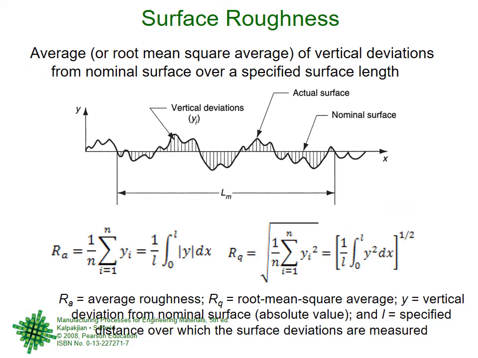And then there is an instrument, when we go later on to that part of the chapter where we are seeing how inspection is done. Then there is a device called a surface measurement device. You move it along the surface and it keeps on taking the readings. And of course, the surface is a two-dimensional thing. It is not a line. So on the surface, you move in one line from left to right.